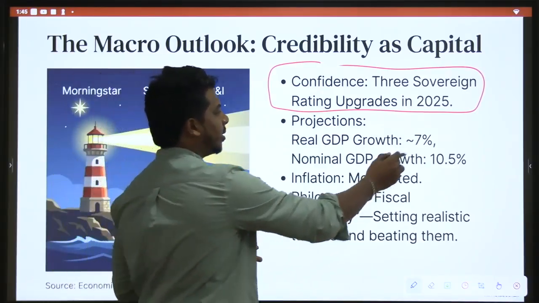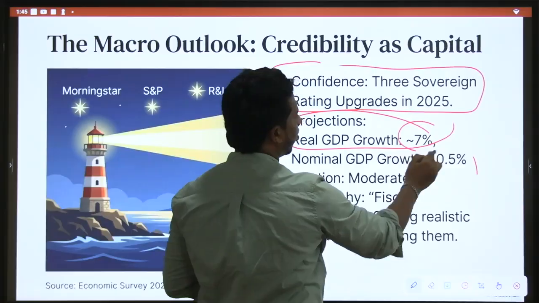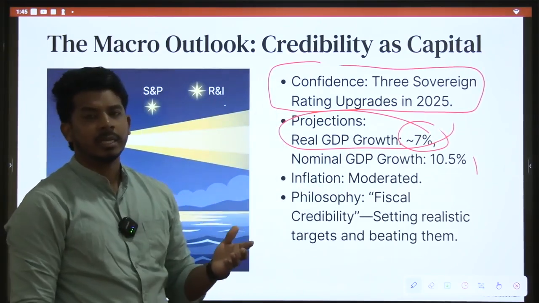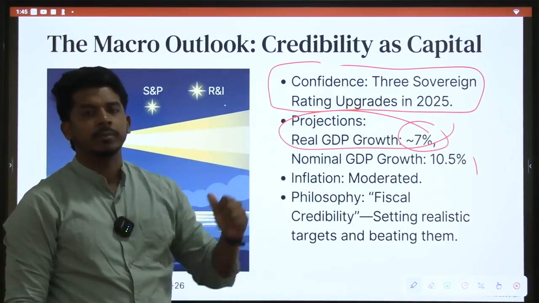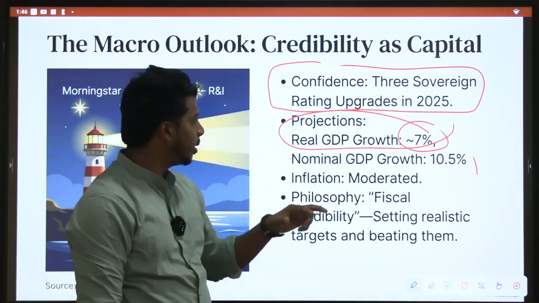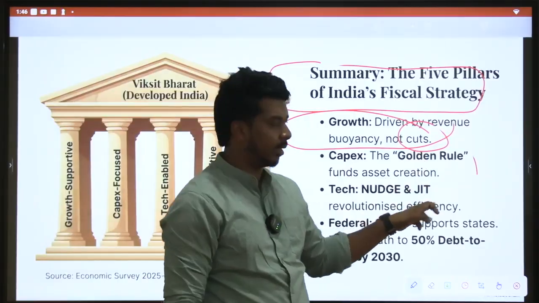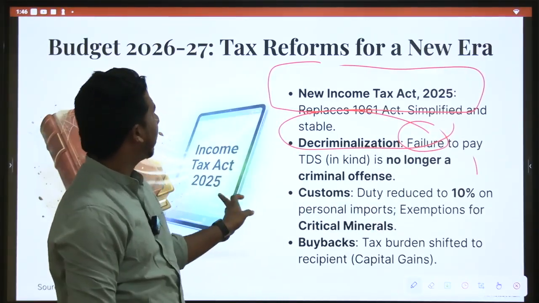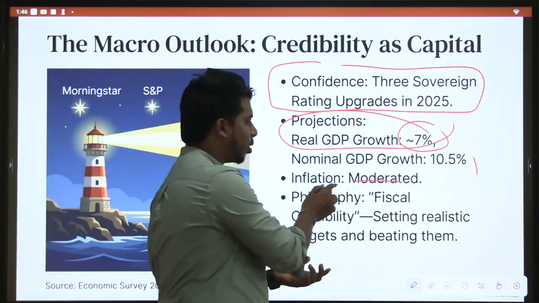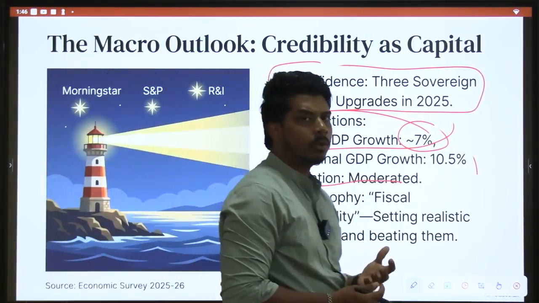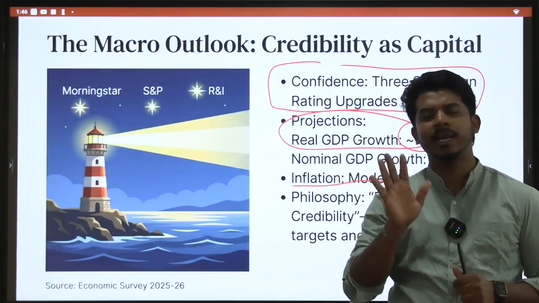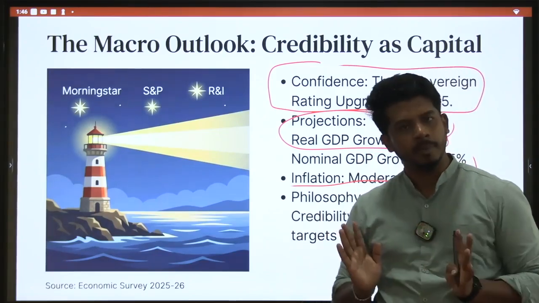And our GDP growth is good. For the upcoming financial year, from April 2026 to March 2027, we are projecting 7% real GDP growth, which is very good, and for nominal GDP growth we are even expecting 10%. So we are having high hopes for the future. Then we already know inflation has moderated in India. So we are doing so many good actions and we are getting the rewards. Wherever a concern exists, we are sorting it out. One of the concerns highlighted is the fiscal discipline of the state governments.